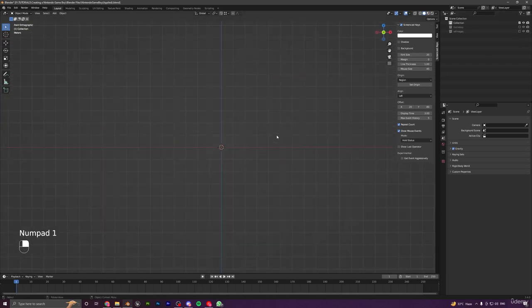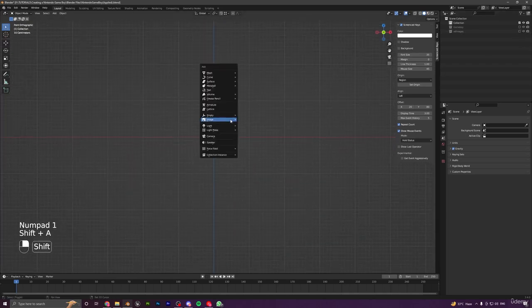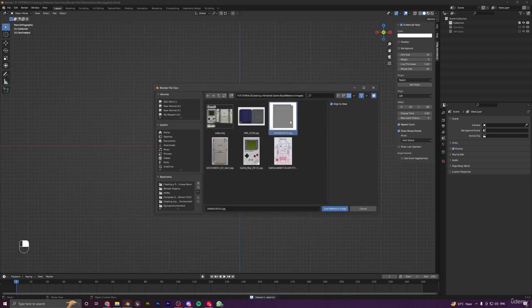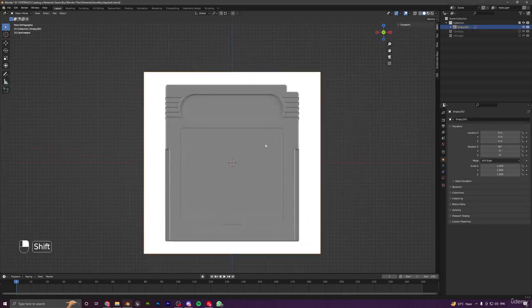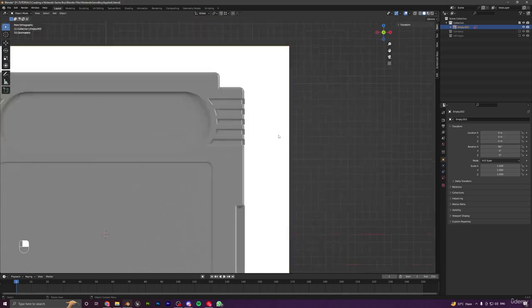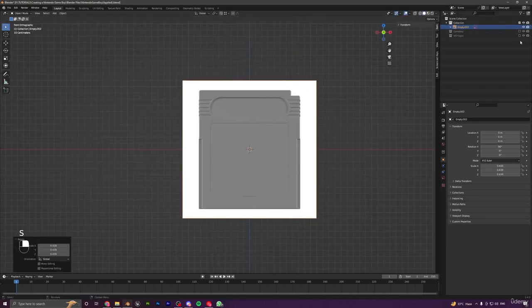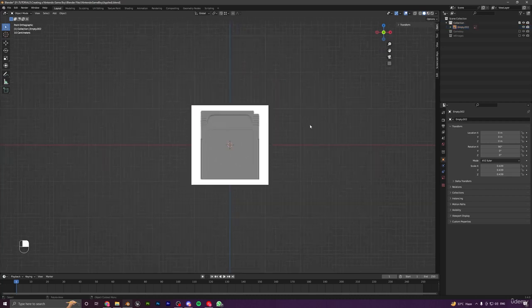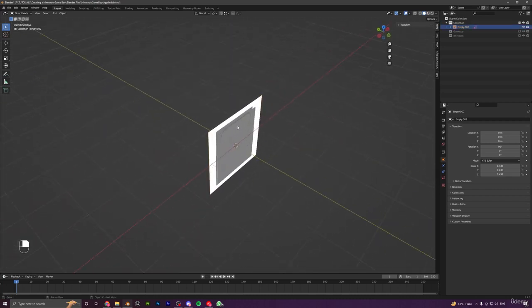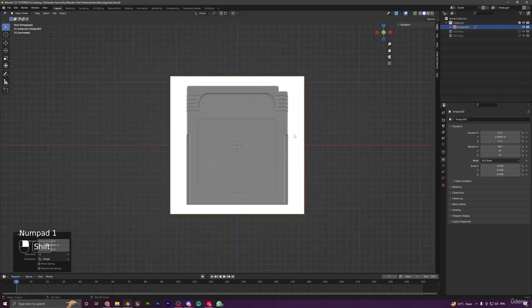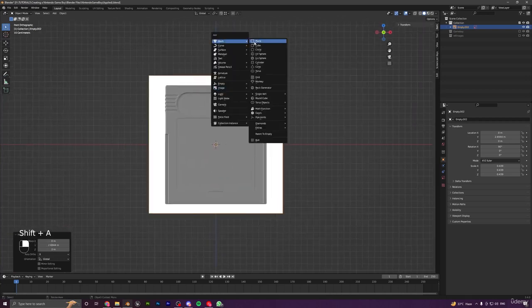First press 1 for the front view, then we can press Shift plus A, and in the image add a reference image and quickly head over to your reference images folder, and you will find this image over there. So just bring it in, and this is really high quality, so we can definitely use it for creating the cartridge. It is much better than this one. So yeah, this process is pretty similar. I will just select it, press G then Y, push it backwards, press 1 again, and let's start by first pressing Shift A and adding a cube,